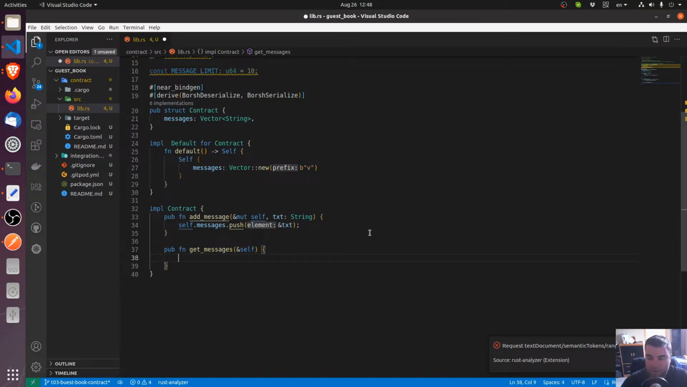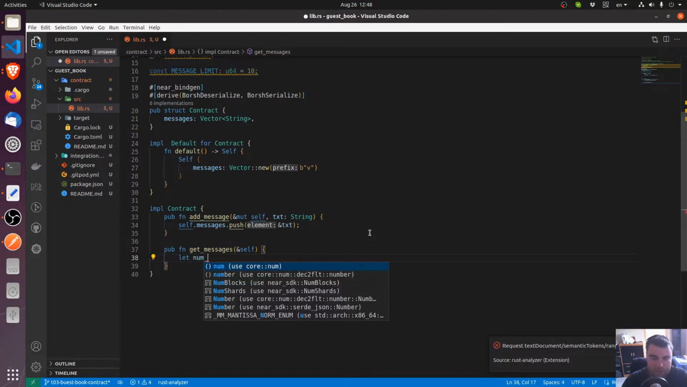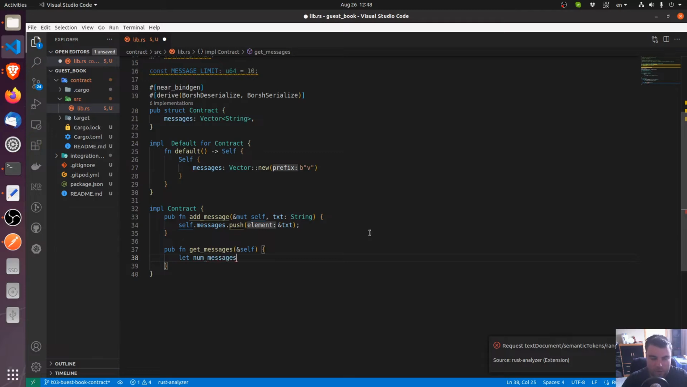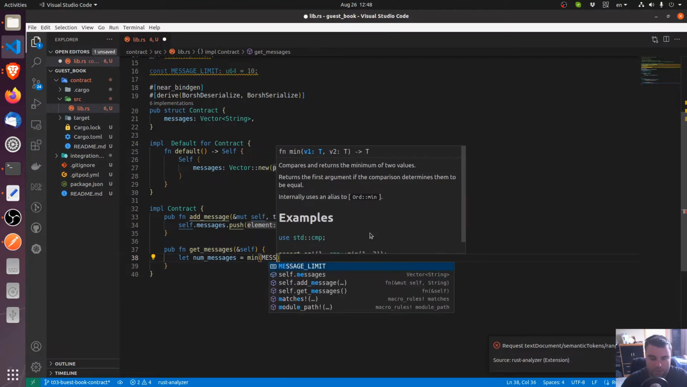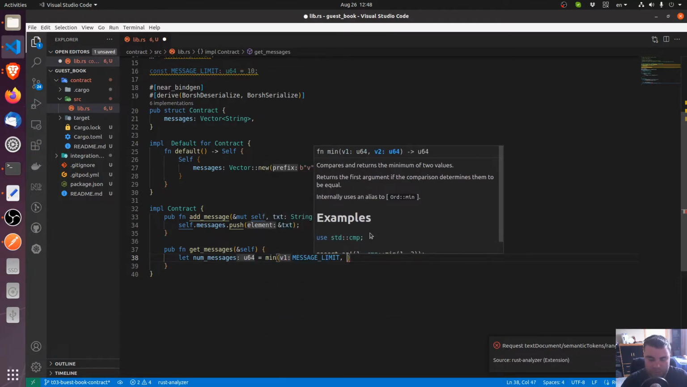All right, now get message is a bit more complicated. So we need to set a few variables that we're going to use. So set num messages equals min. This is where we use the minimum between the two values. One is going to be message limit, and the other one is going to be self messages